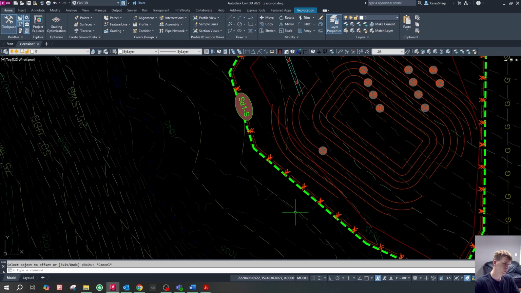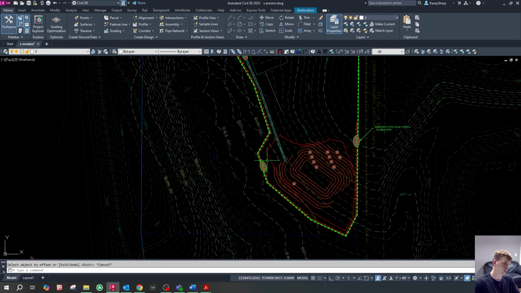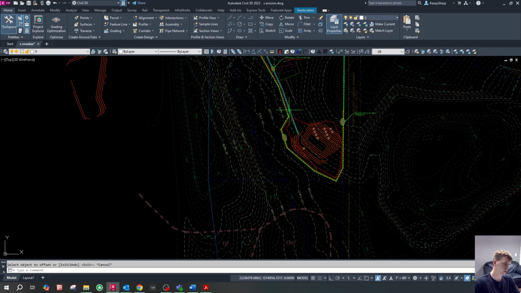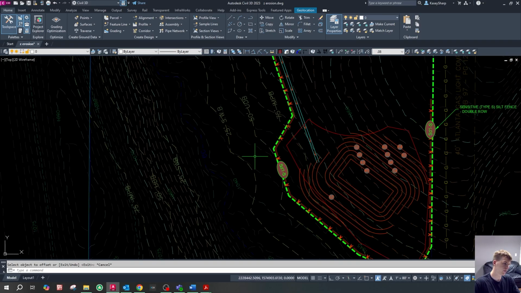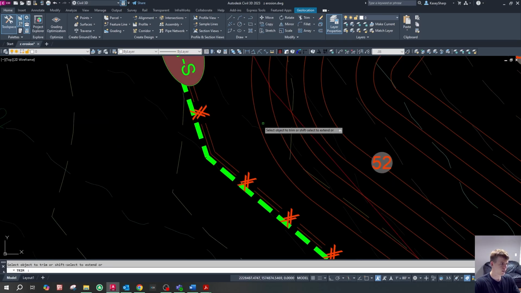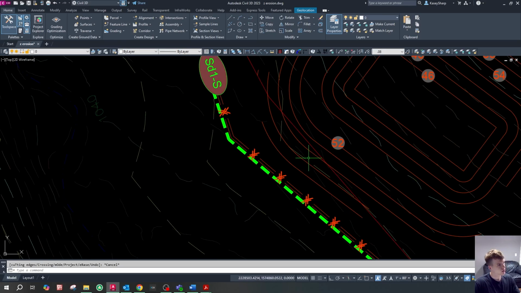We are in this impervious buffer here, or excuse me, this 75 foot impervious buffer, but we can still grade in that buffer, which you can't grade inside of the 50 foot undisturbed buffer. So we should be okay for the time being. So I'm just gonna grab that, trim there, and then trim that guy off right there. Okay, so now we're down to the 44,